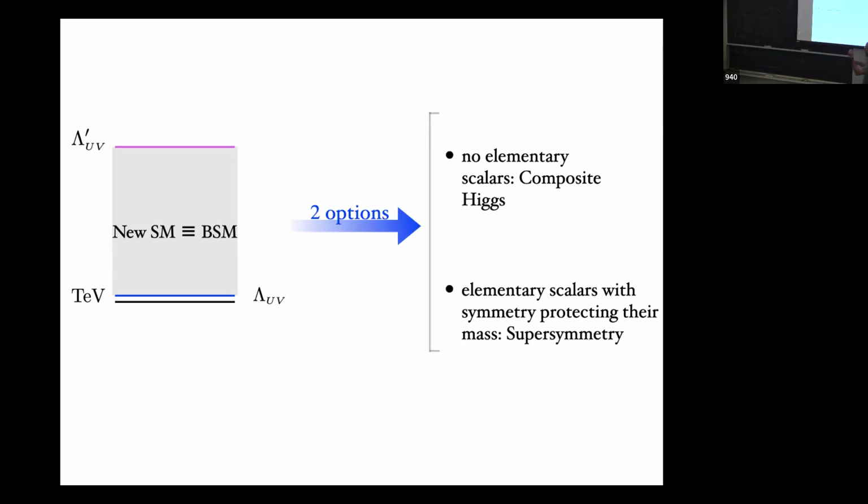Weakly coupled models, you write the Lagrangian, you go on and do computations. But strongly coupled dynamics, how do you proceed? It's not clear, okay? We don't have the tools. And there were intrinsic phenomenological difficulties. A sort of breakthrough came in the late 90s with the discovery of warped compactifications, which through holography are just five-dimensional models in a slice of anti-de Sitter, which, even though they are extra-dimensional models, if you look at them from a certain perspective, they are truly four-dimensional theories.